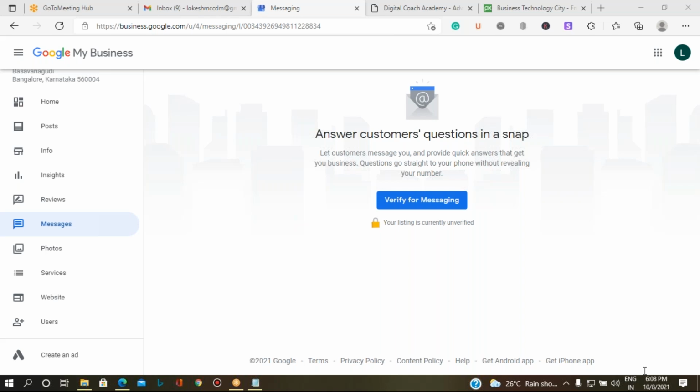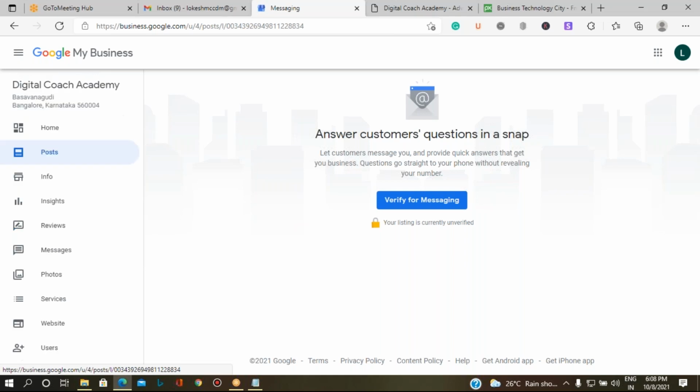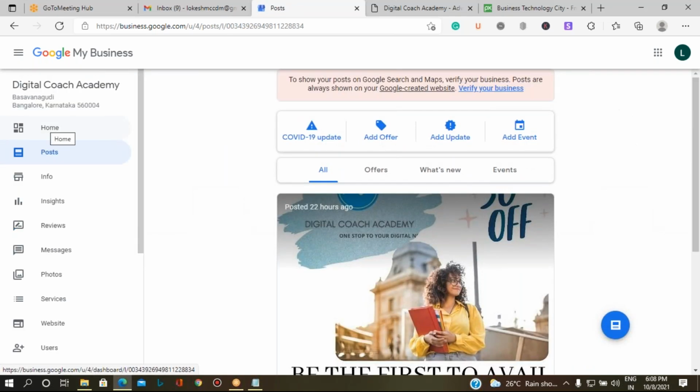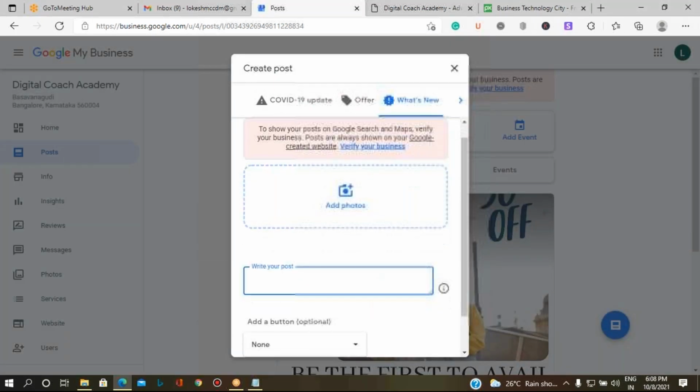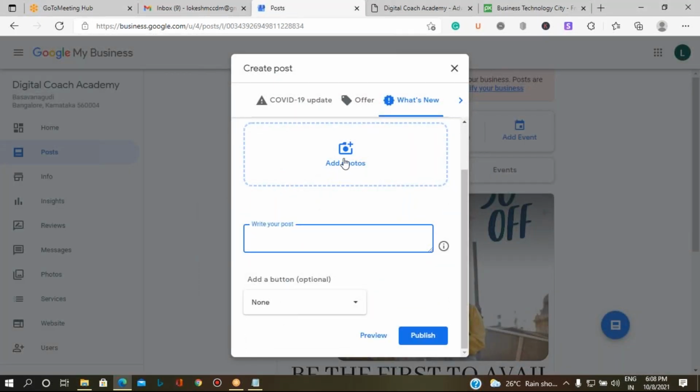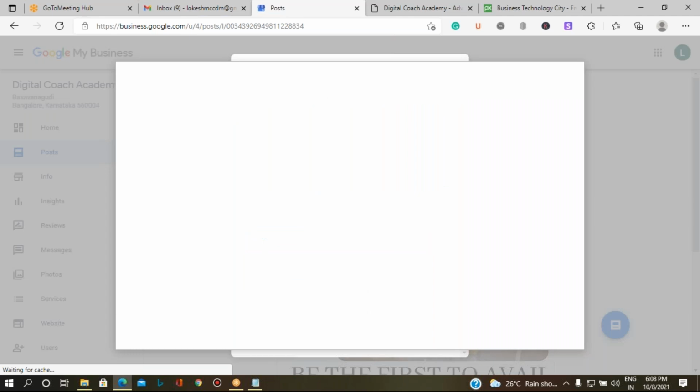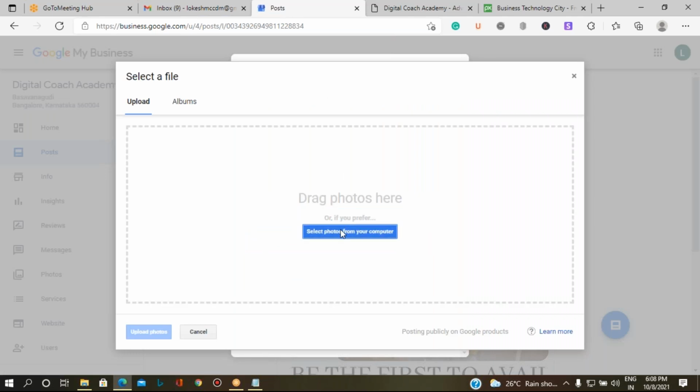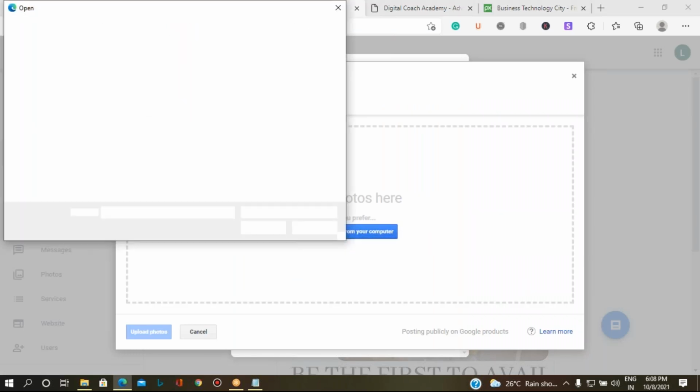Okay, so Ina, you have a question about how to add the forms. In what situation are we going to add the forms? Let's assume that we are going to create a post. Let me go to add update. Let me add one image.